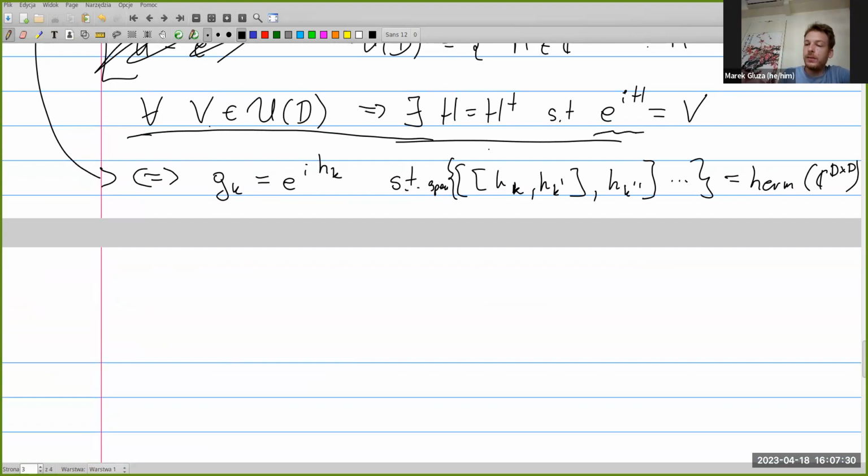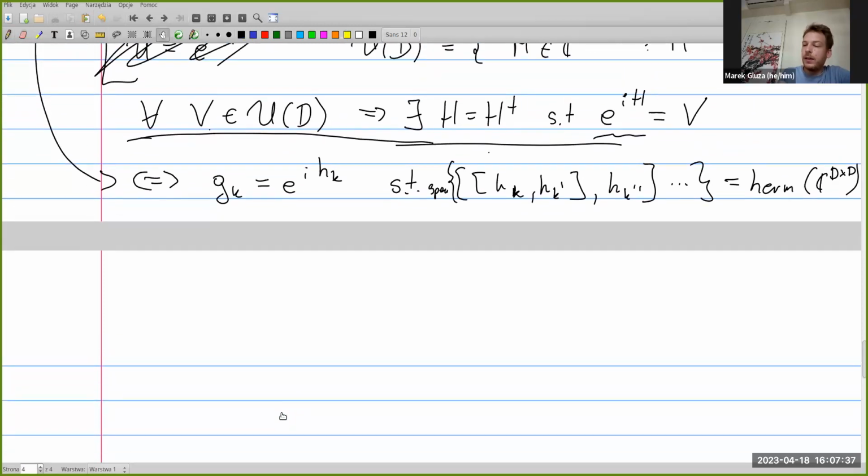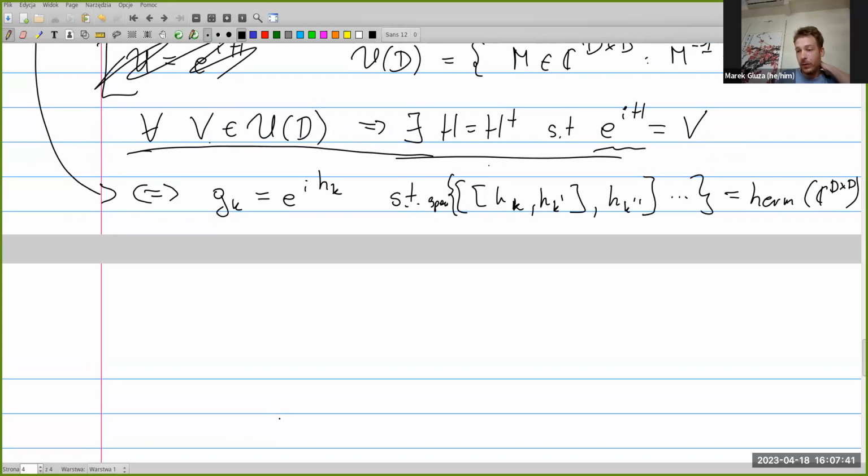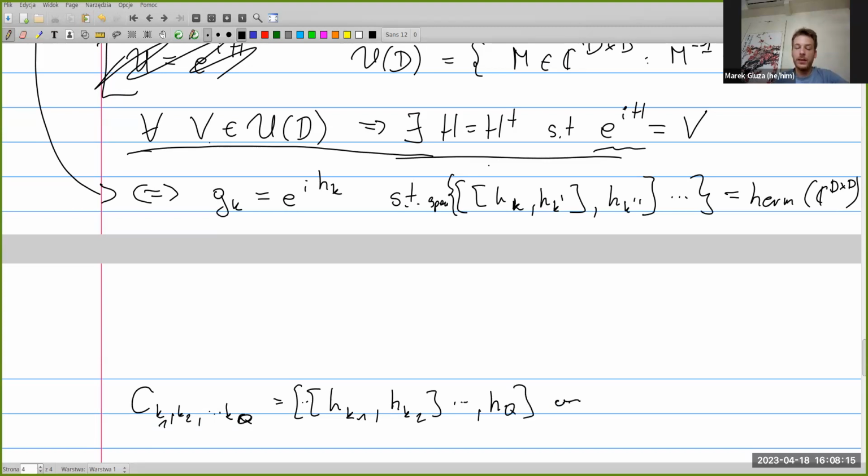I want to assume that I know its Hamiltonian, and then there is a result in linear algebra that you can use, which says that if you form commutators, let's call those commutators C, and then K1, K2, and so on, Kn, which will be H_K1, H_K2, dot, and here we were using Q, H_Q, and so like this. Then if I take sufficiently many,